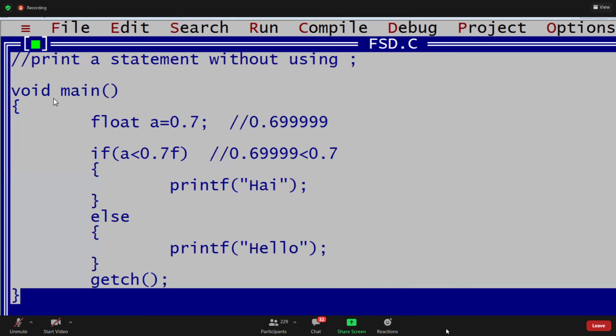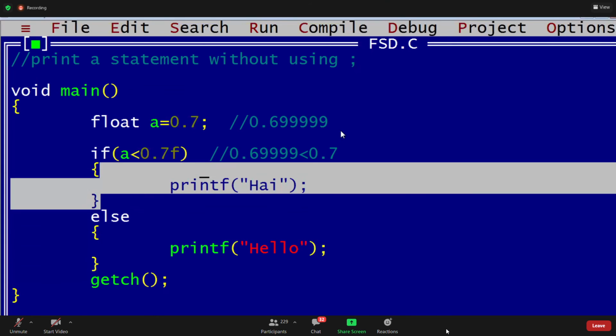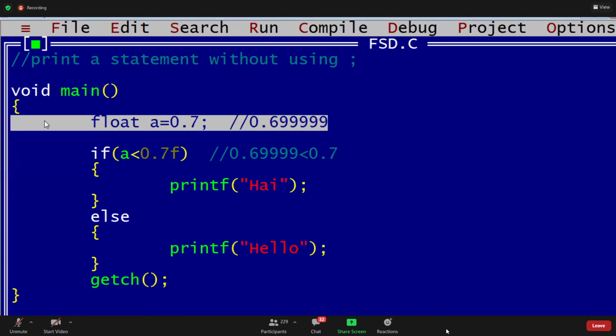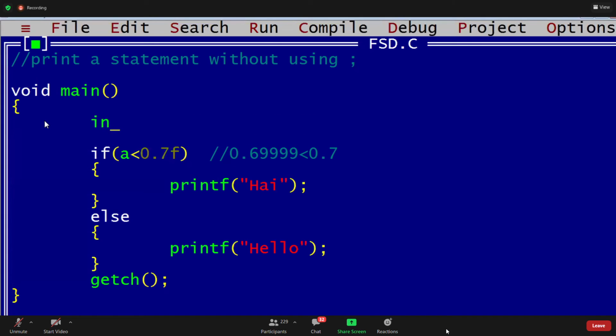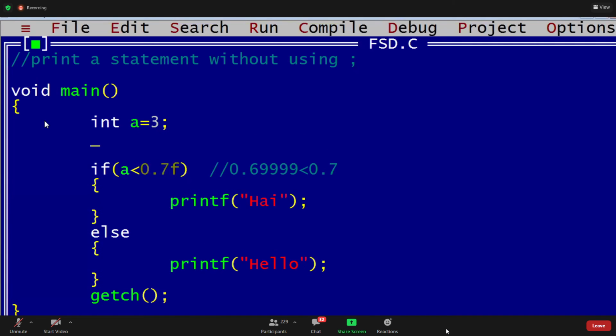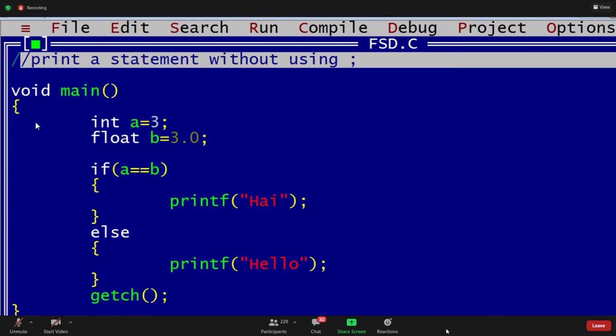Okay. Next, same question, but with a small difference. For example, int a equals to 3, float b equals to 3.0. Now we compare a equals to b, then this, otherwise this one.